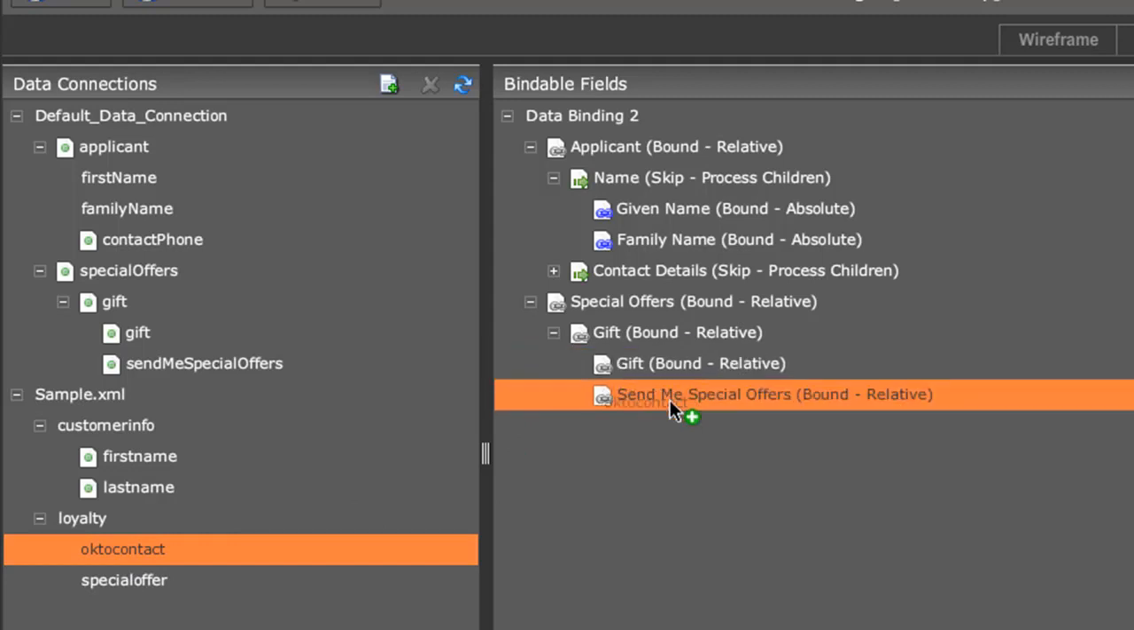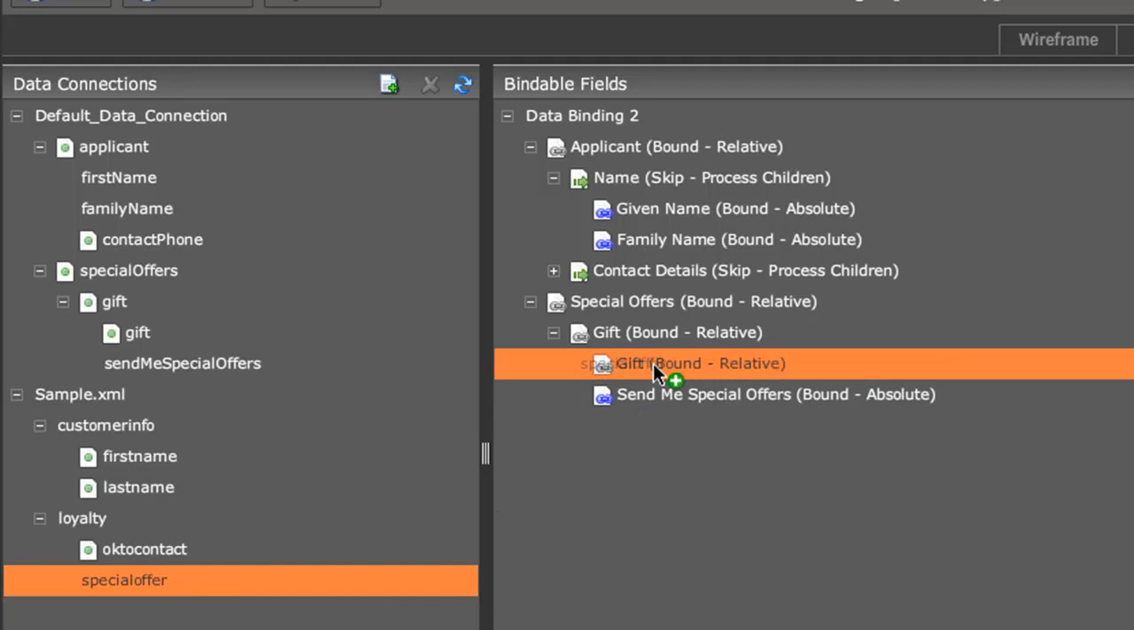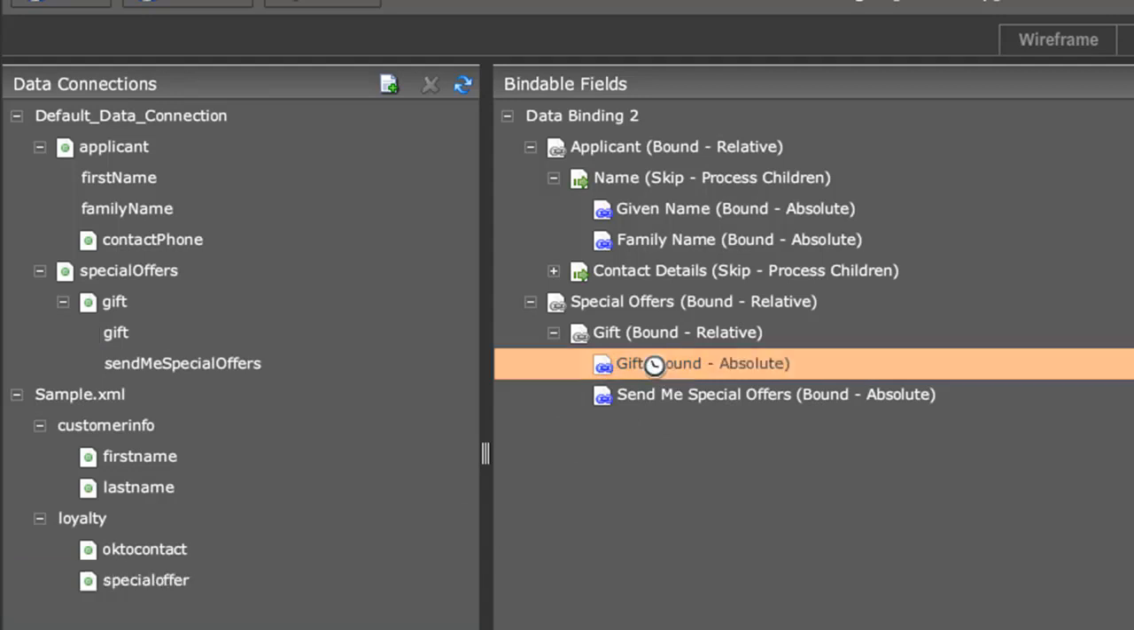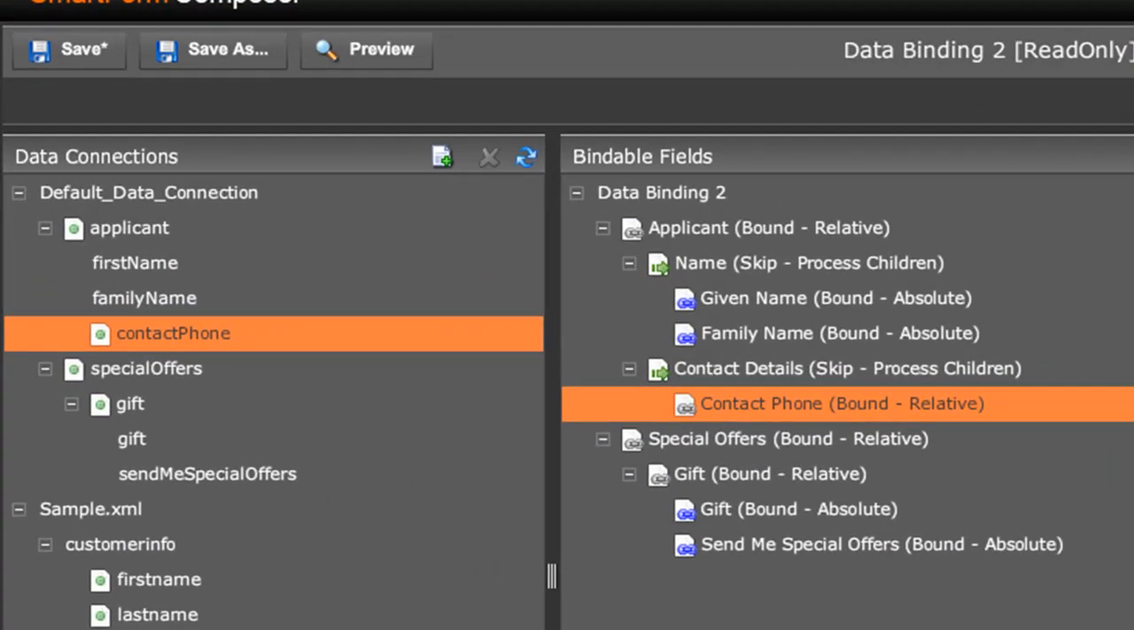So instead of send me special offers, the tag is going to be OK to contact, and instead of gift, it's going to be called special offer. So you may already be asking yourself, what about one of the fields that doesn't have a binding, such as contact phone? At the moment, that's still bound relative to this part of the XML. And the answer is that